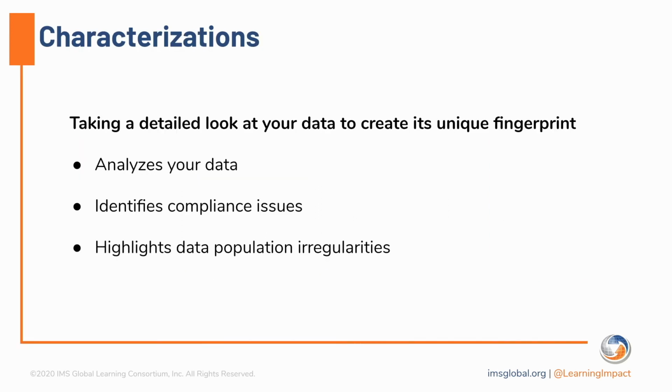The first step in this process we call characterization. During characterization, we create a unique fingerprint of your entire dataset, looking at not just the individual elements, but how the whole comes together and meets the OneRoster specification. During this process, we will analyze not just your data, but also its consistency, how it flows, how it works. And at the end of this, we'll generate a report that shows you where you're aligned with the specification, how well you're aligned, and if there are any areas that you need to pay attention to or be aware of